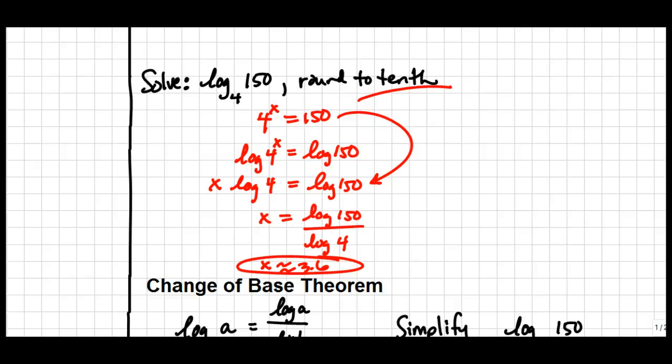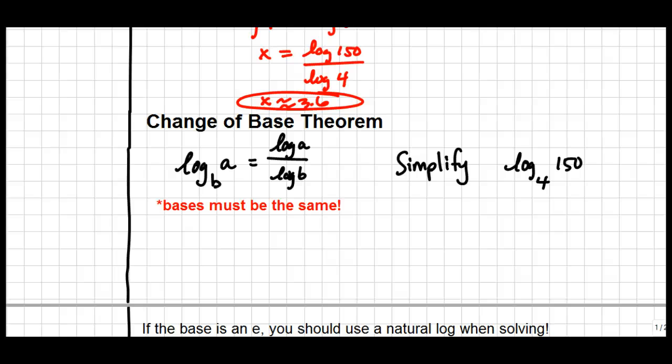So because a lot of log problems end up turning into a problem like this over and over and over again, they turned it into a theorem which you can use as a shortcut. It's called the change of base theorem. In order to use this theorem, the bases that you're working with must be the same. So when you're working with log of a base other than 10 of a number, you're basically just going to do the log of the number divided by log of the base, and then the bases have to be the same. So a lot of times people write this property as log base b of a over log base b